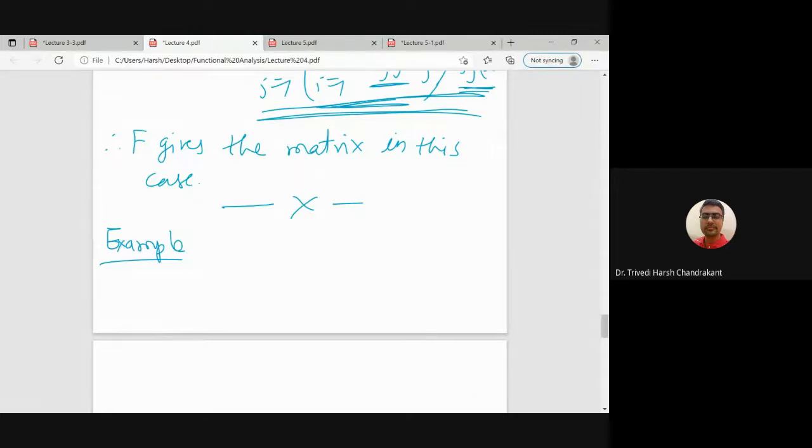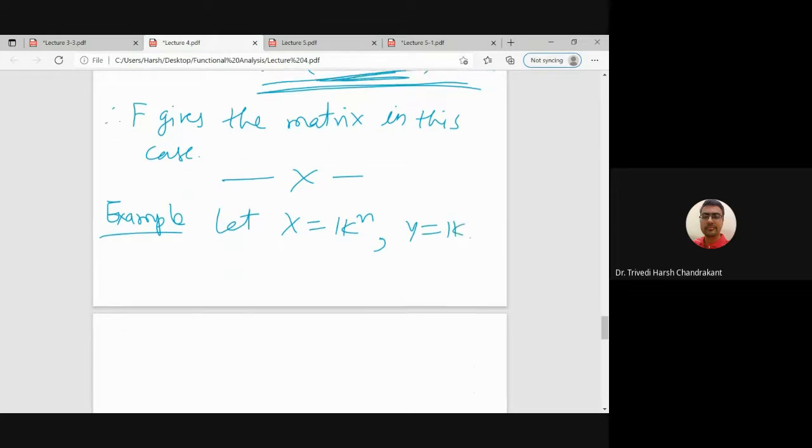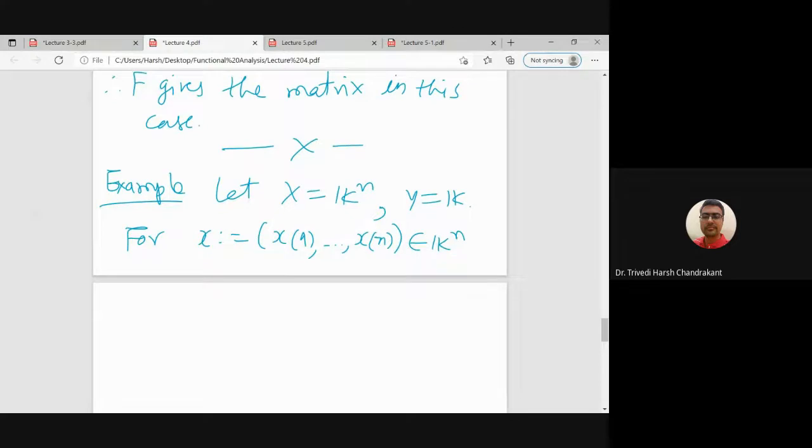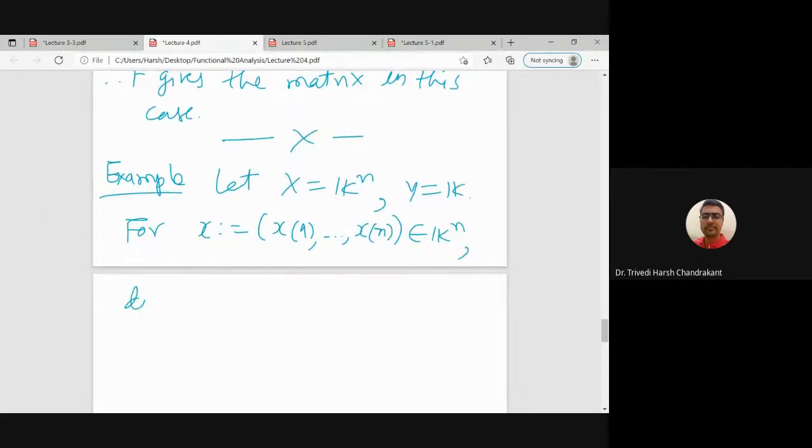In particular, suppose we have X is n-dimensional and Y is K. So that means for every x in the domain, instead of writing x1, x2, xn, I'm writing it as a function of n, like a sequence. So x1, x2, xn are elements of K^n. Then we define a map